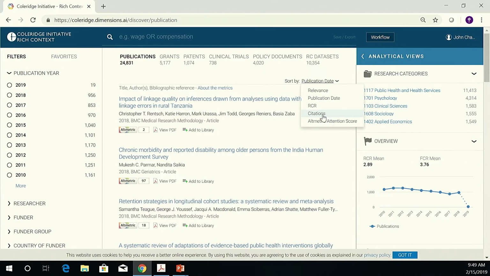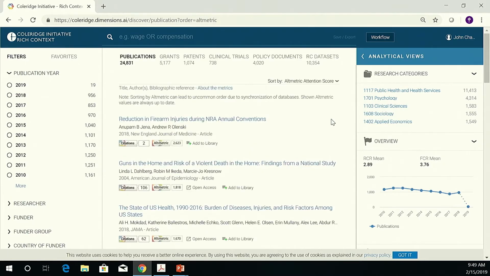So this was an interesting result. If we take a look at our publications here that are all tied back to data sets, last one, sort them by altmetric score. Now these are all publications that reference one of these data sets,